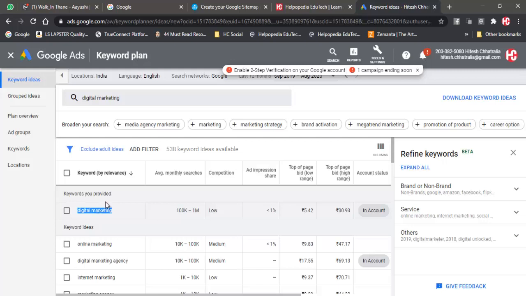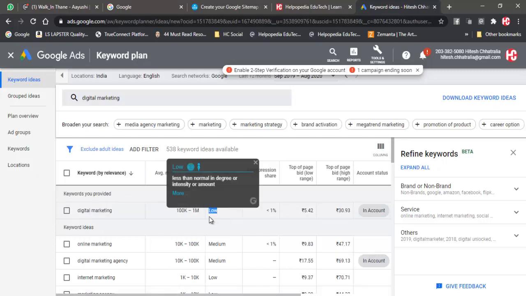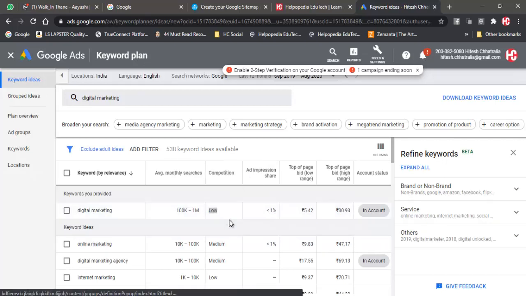The next thing that we need to know is the competition. Competition should be low. If the competition is high, then I cannot use this keyword. I mean, I can use it, but I need to work a lot on my SEO strategies and work more on optimization of my content.